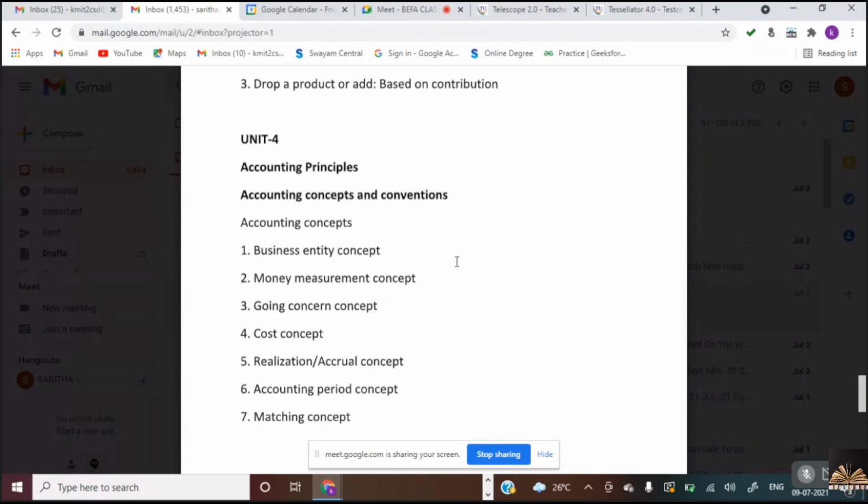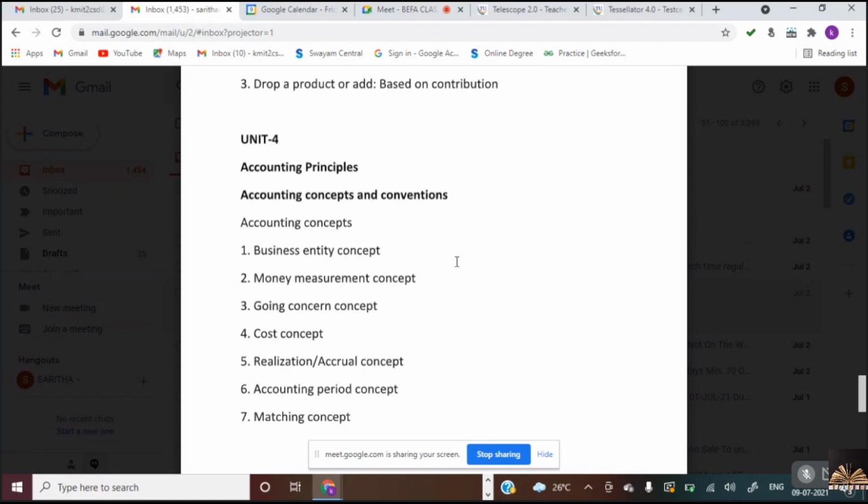Okay. Did you take it down, all of you? Put the heading as accounting principles. Draw a chart, left side accounting concepts, right side conventions. The first one is business entity concept. Shall I start explaining? Are all done with writing? Yes, ma'am. So now business entity concept is the same as the concept that you have learned as a feature in